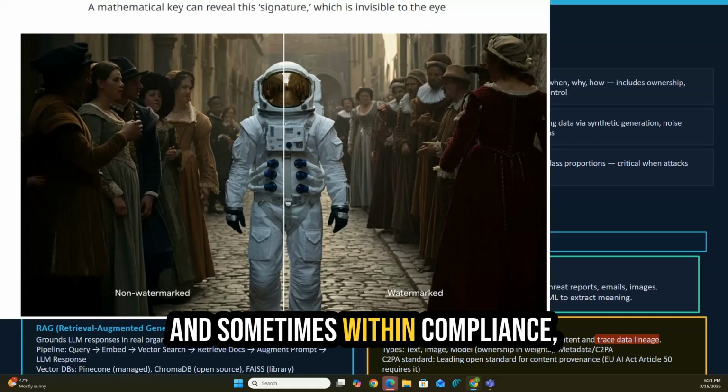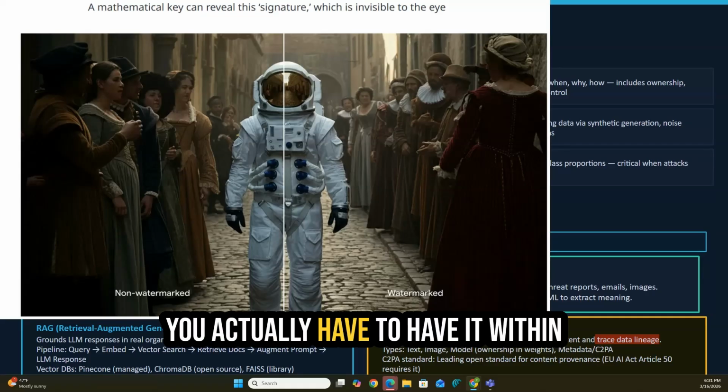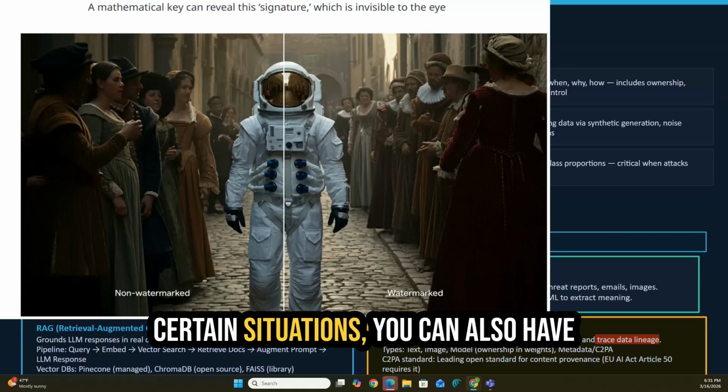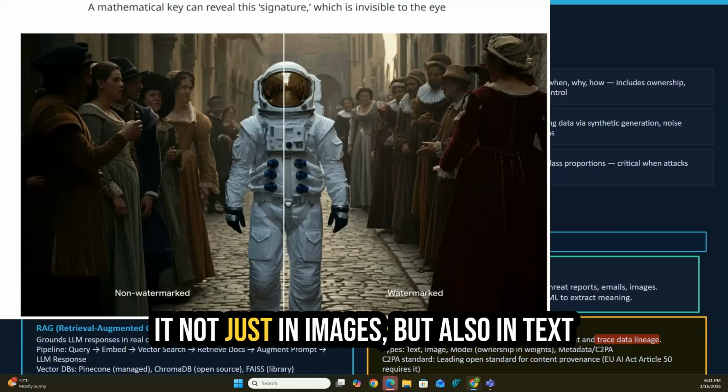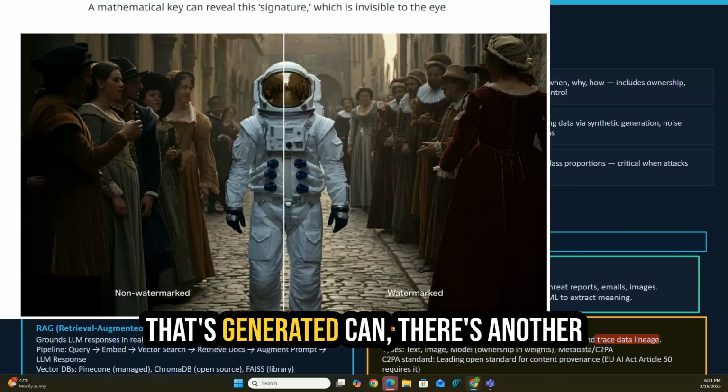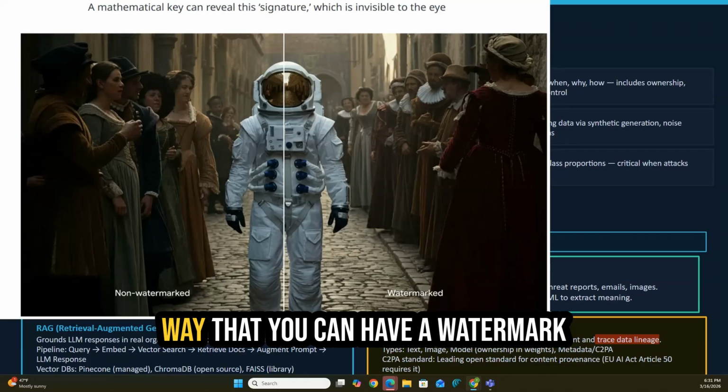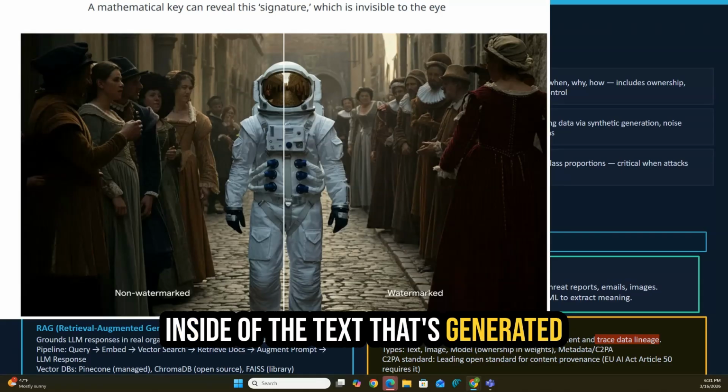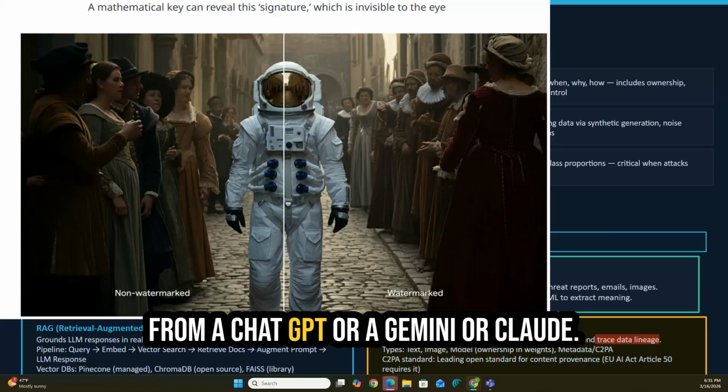And sometimes within compliance, you actually have to have it in certain situations. You can also have it not just in images, but also in text that's generated. There's another way that you can have a watermark inside of the text that's generated from a ChatGPT or